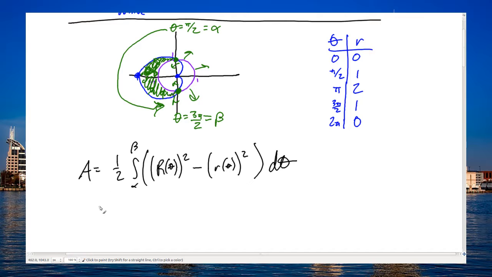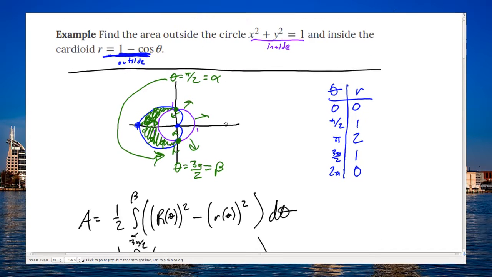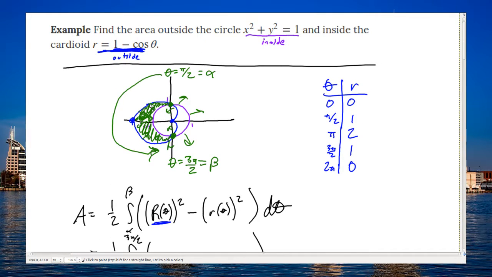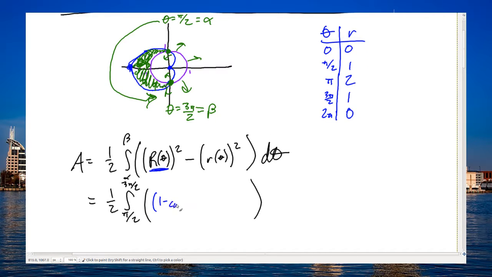Okie doke, what would those be? 1/2, alpha is pi over 2, beta is 3 pi over 2. Oh, what are my big R and my little r? Okay, well, let's go back to the problem. First of all, let's just label those with colors. My outside curve is the big R. So the big R is the blue curve here. That's on the outside. And it looks like I've already told what big R is going to be. It's going to be 1 minus cosine of theta